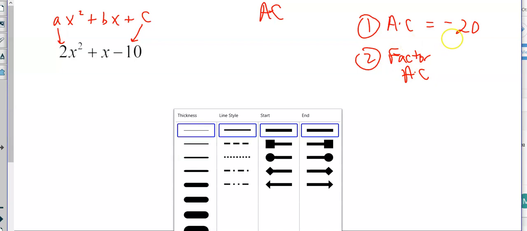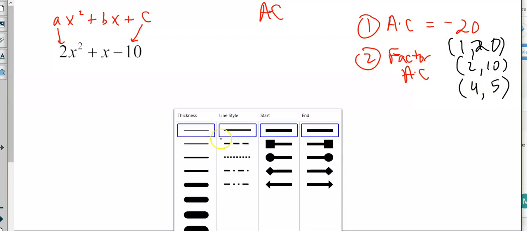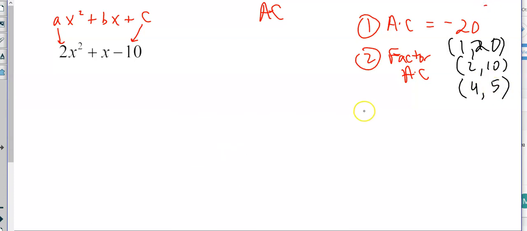So let's factor that a bunch of different ways if we can. Factoring negative 20: 1 and 20, 2 and 10. 3 doesn't go into 20, but 4 does. 4 and 5, I think I'm done. Okay, so now we want to find the factors. So this third step, find the factors